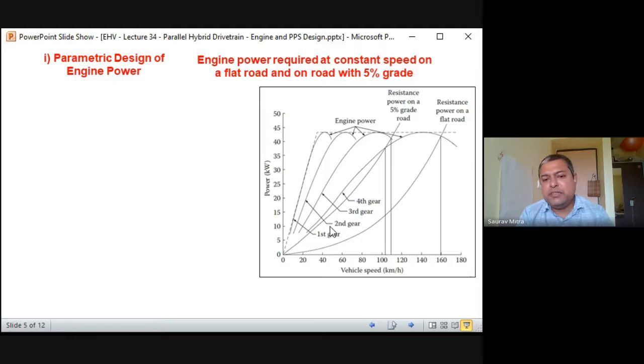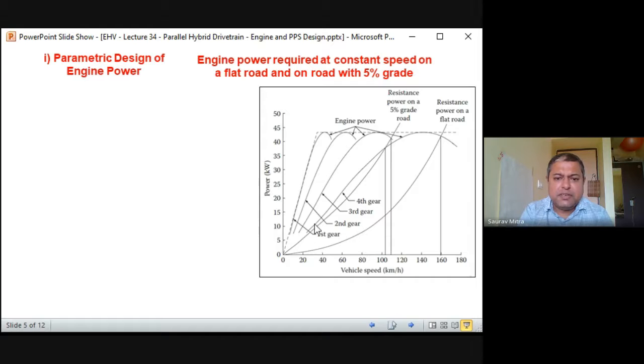That means if you increase the gear, the high power is generated at a higher speed. So as the gear increases, power is high, but speed is also very high. The fourth gear gives a very high speed. The first gear gives a very low speed. This is very evident from this characteristic. But one very important thing we have to see is that all four gears produce the same level of highest power. Now there are two more graphs.